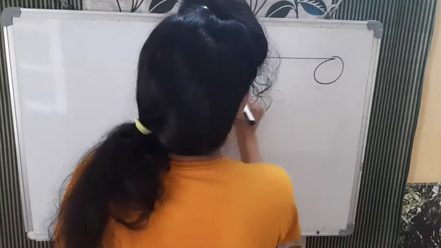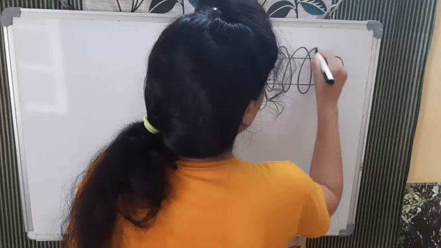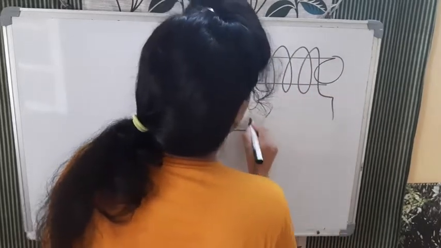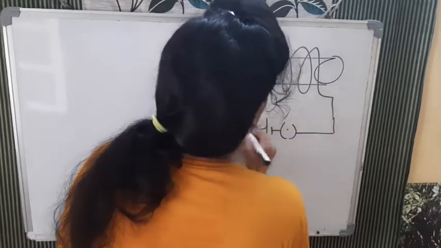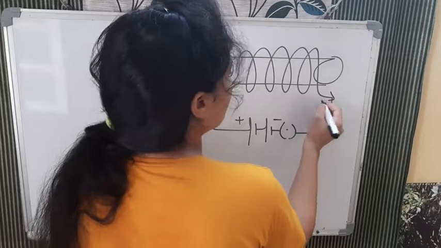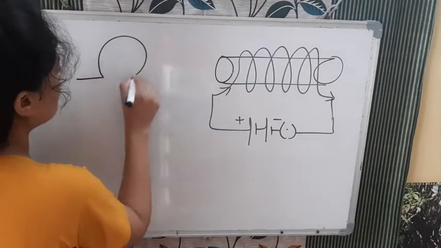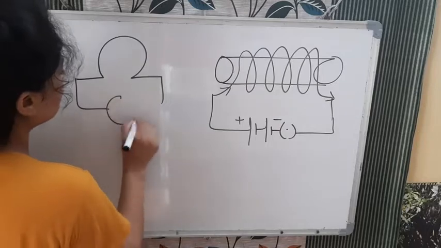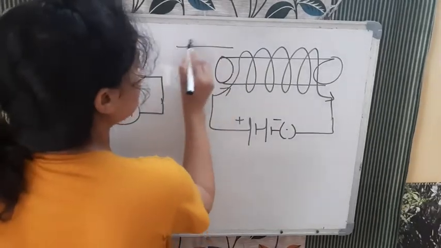One side he took like this. Current carrying, here is the battery, key. So positive and negative, current is flowing. Okay, now in this coil current is flowing, and the second hand again he took one coil that is connected with the galvanometer only. So in that also what he did, same thing.